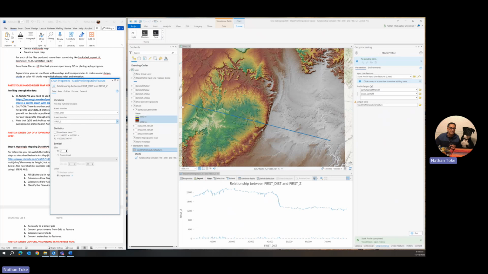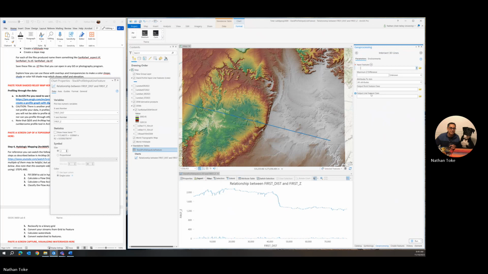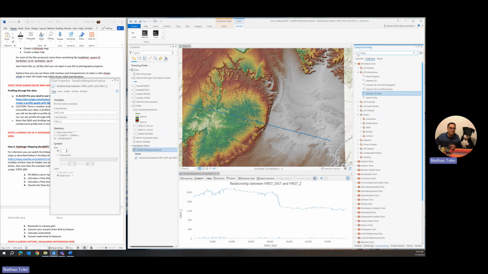And so for this lab, all I wanted you to do is to show me that you can do this in the stack profile sense. There are other ways to make another type of profile. I think if I back up here, I think we might have to make our own line, or like, let's see. Actually, if we go to this line,